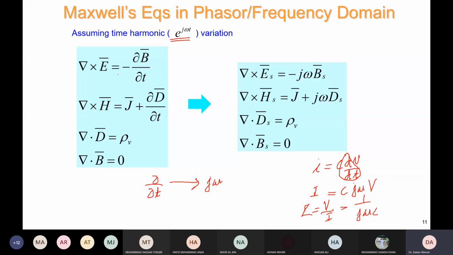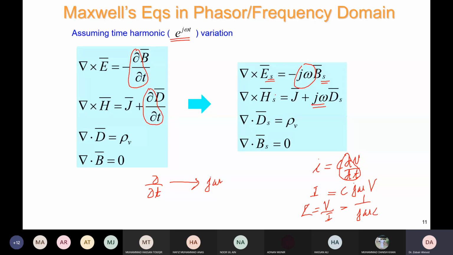So if you want to convert this Maxwell equation back into the phasor domain, all you have to do is replace this partial by partial t term with j omega. Obviously, we are also using this subscript s to denote that it is phasor. In this case, again, I replace the partial by partial t term with j omega. All other terms remain the same. So in this way, by replacing partial by partial t with j omega, you can simply write the Maxwell equation